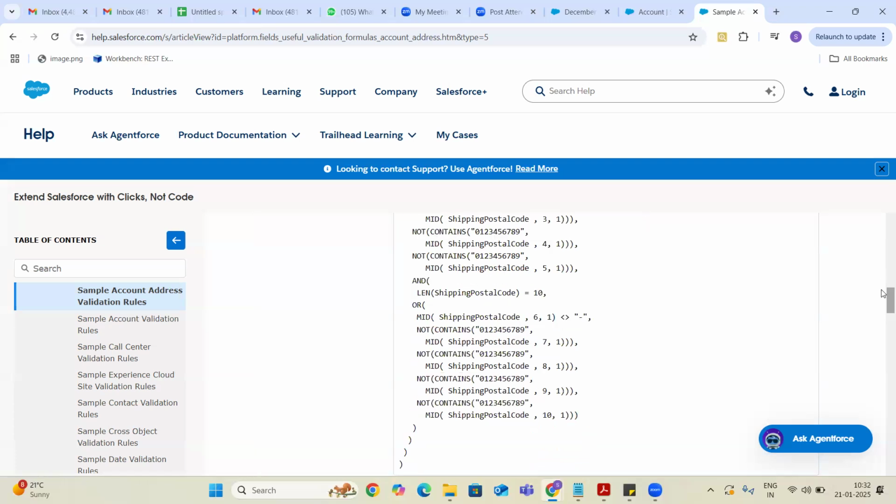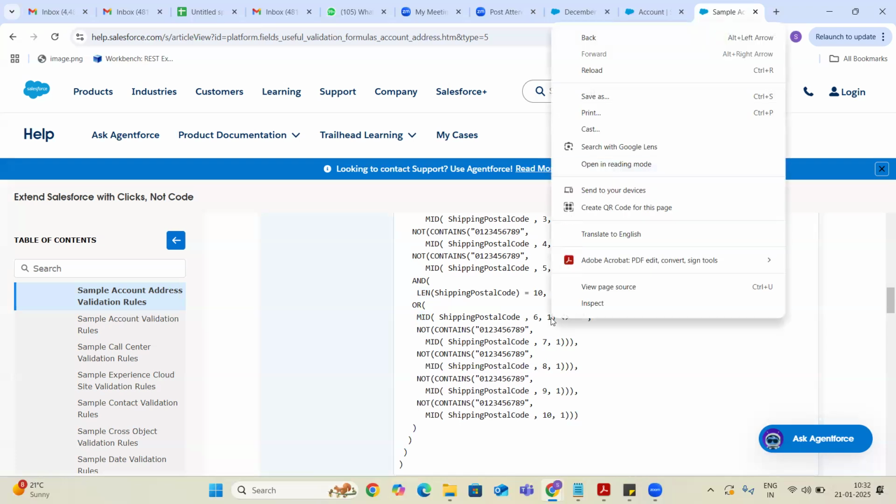Here they have used three functions, guys, that are new to you. One is the LEN function, which gives you how many characters are present. Another one is the MID function. The MID function gives you the value at a particular position, for example from the sixth position, and how many values you would like to get is the second parameter.